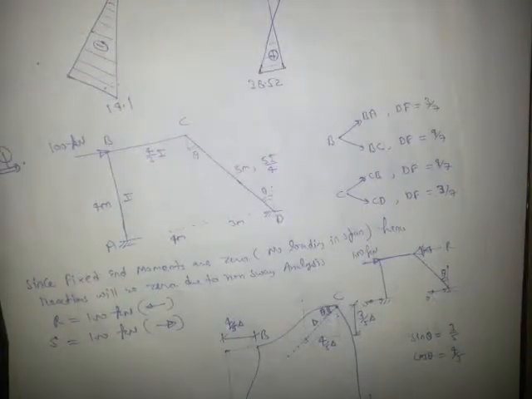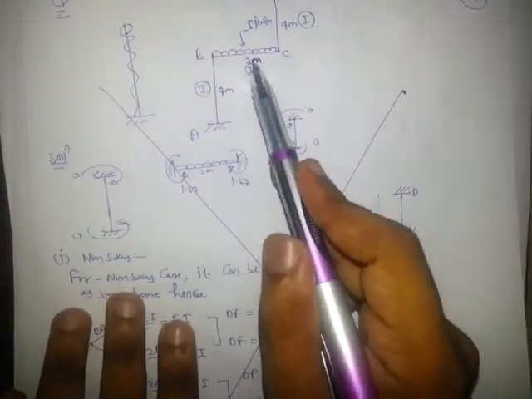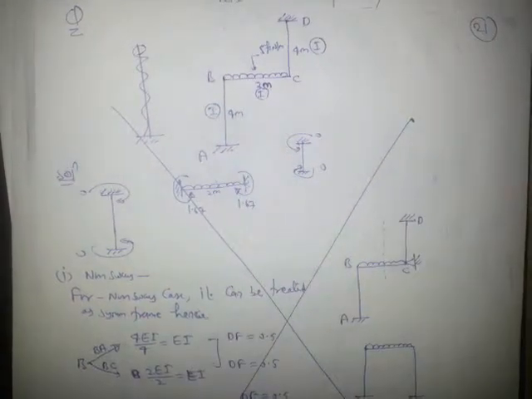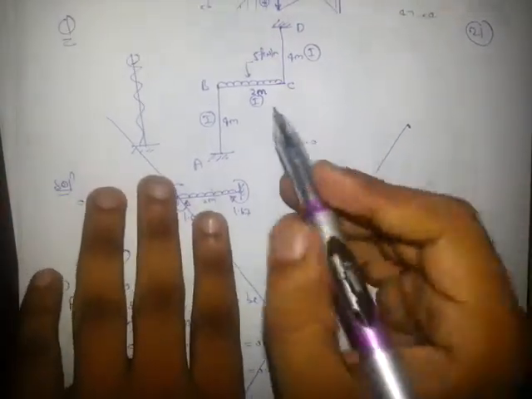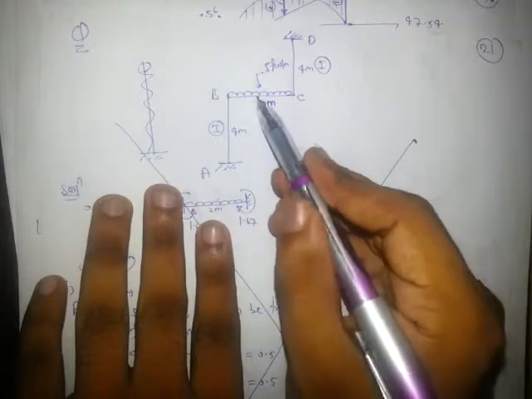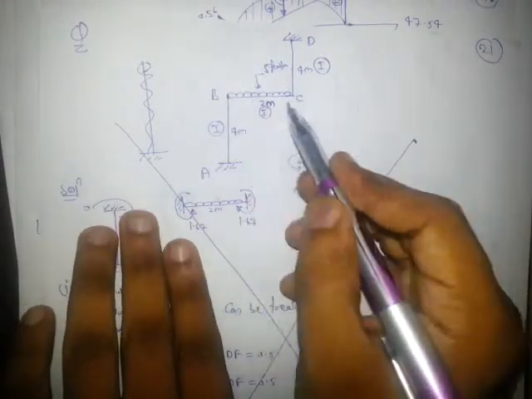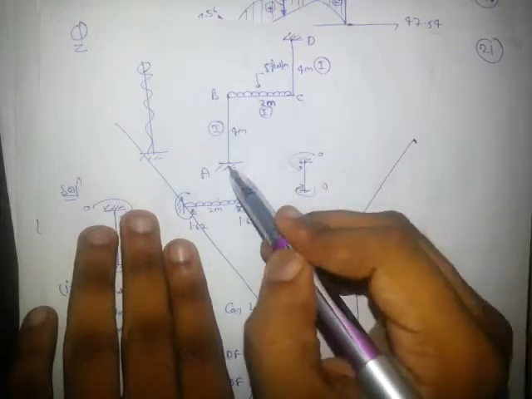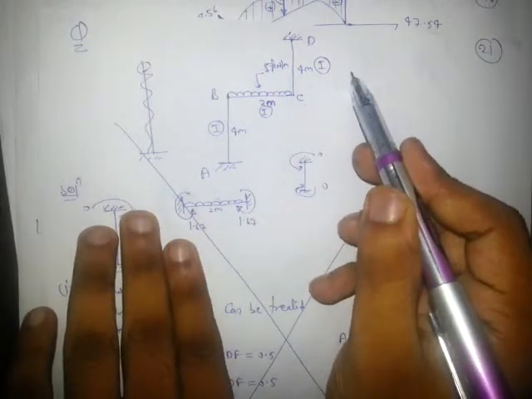Now the next question is this. If this is the frame, you can solve this type of question easily now, but there is some different concept. What is the question? This is the total loading. It will sway. So first of all we will restrain it here. Now we will calculate end moments, we will distribute, we will calculate HA and HD. Now we will calculate this S, right?